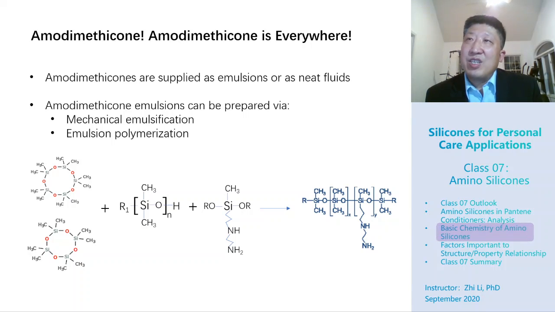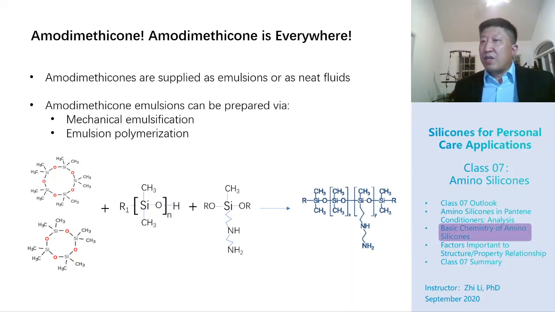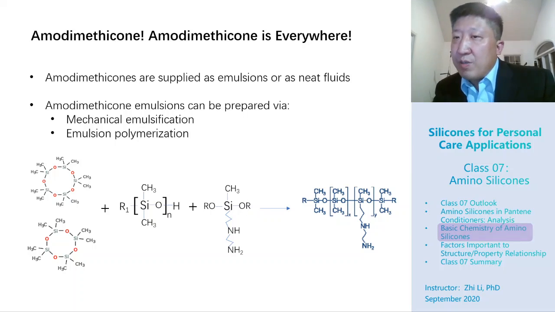And also, if it's a neat amodimethicone fluid, there's another issue of gradually increasing viscosity. It could very easily increase out of spec in a couple of months, depending on your storage condition. For amodimethicone, you have amino groups. When it absorbs moisture and carbon dioxide, it tends to be protonated. Once it gets protonated, this cationic group becomes very incompatible with the rest of the